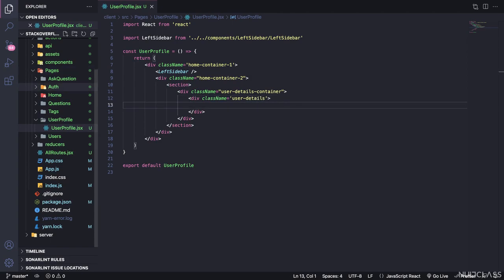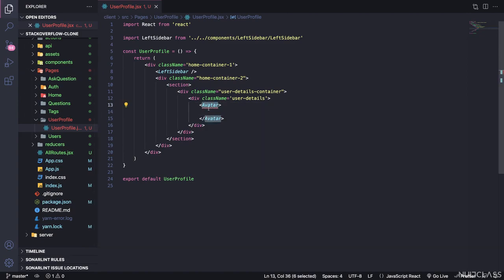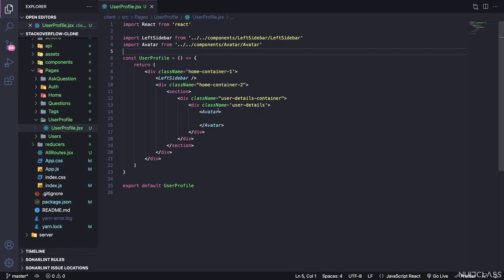So we have given the class name now, and then we will just say avatar, and in here avatar is nothing but a component which we have written earlier. So first we have to import this avatar, so we will just try to import that. Import avatar from loadout slash components slash avatar. We will give an enter, and in here we will just give a value which is going to be equals to